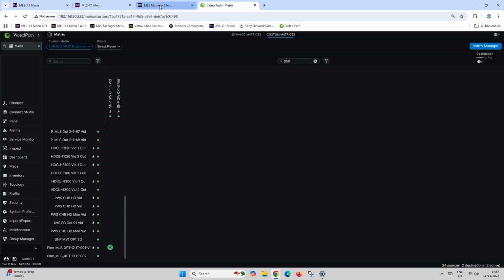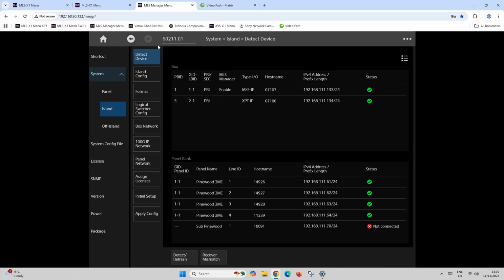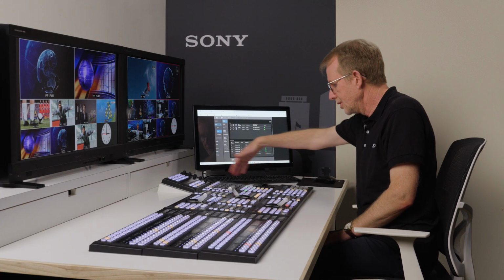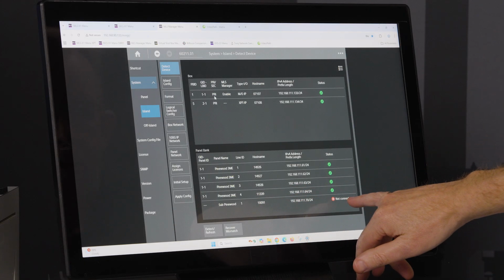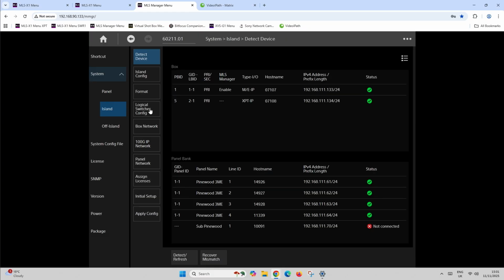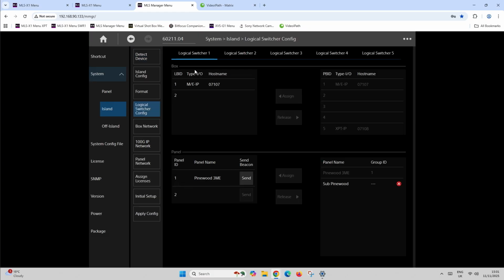So I go to my MLS Manager tab. I can see the current units in my island. I've got two processors. I've got one large panel made up of 4 rows, which is this panel in front of me, but the sub panel from here actually says not connected. It's not here at the moment. If I look at my logical switcher configuration, I can see logical switcher 1 has got the ME processor and it's got the Pinewood panel on it. But logical switcher 2 has got the crosspoint processor, but there's no panel,